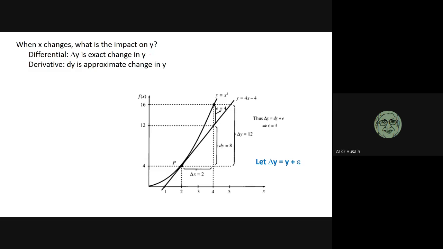Okay. So del y was actually 16 minus 4 is equal to 12. When we use the tangent, it is 12 minus 4 equal to 8. Del x is the same in both cases. Del x is always over here, 2. Okay, so if we use the differential, what will be the value? 12 by 2, and in this case, 8 by 2. You can see that in this case, the differential is less than the derivative.